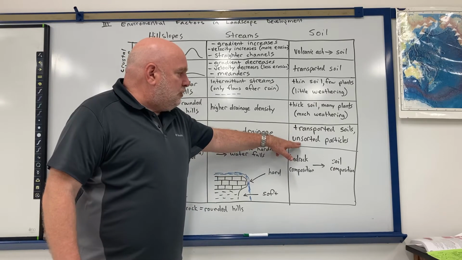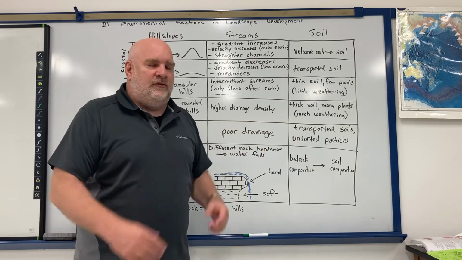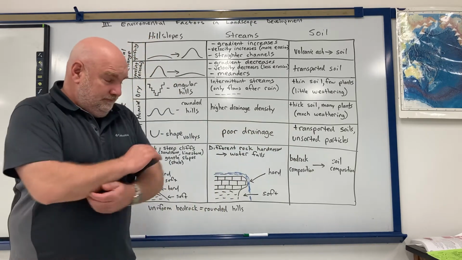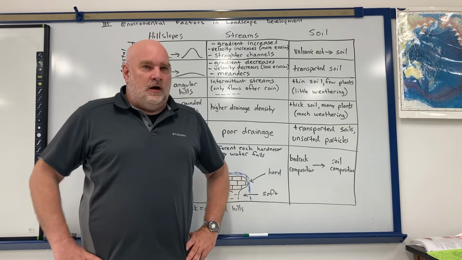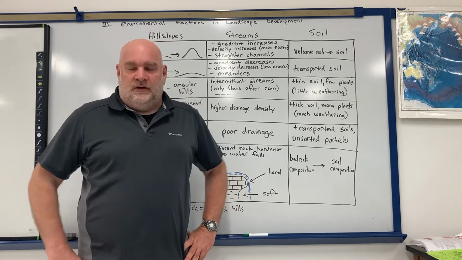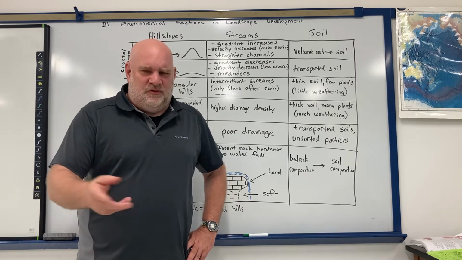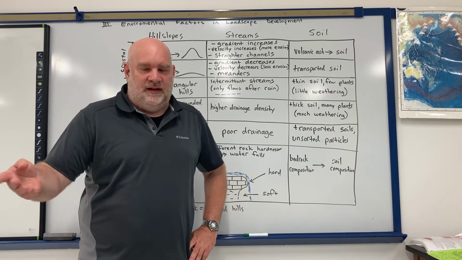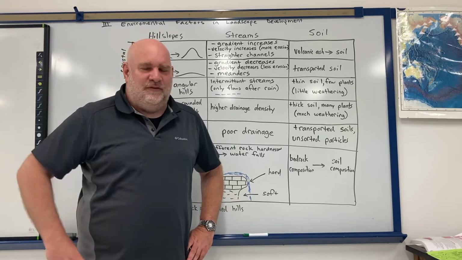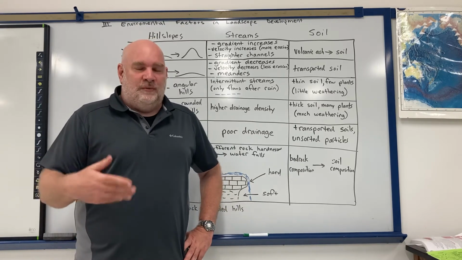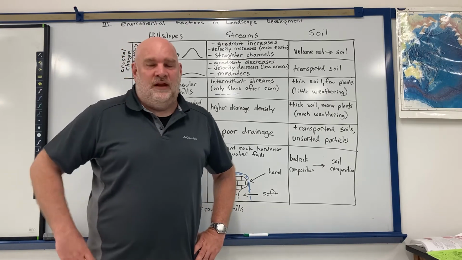So glacier deposits, the soil is usually unsorted particles, all different size particles mixed together. And again, a lot of places in upstate New York, if you go to a farm field and look at the dirt, you'll see some pebbles with the smaller stuff, the clay and the sand and stuff. You'll find pebbles and you'll find cobbles and stuff in there too. The reason why there's all those mixed particles is because in upstate New York, a lot of the soil is stuff that was left here by glaciers.